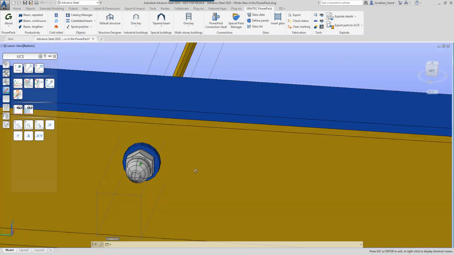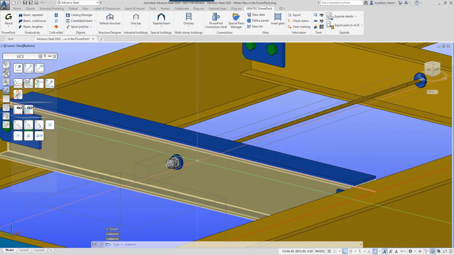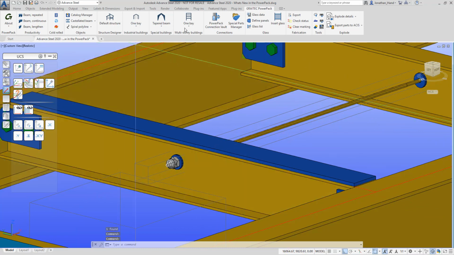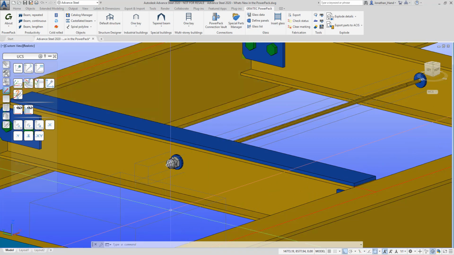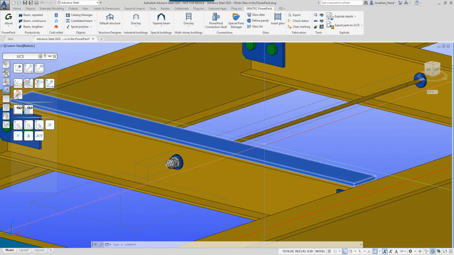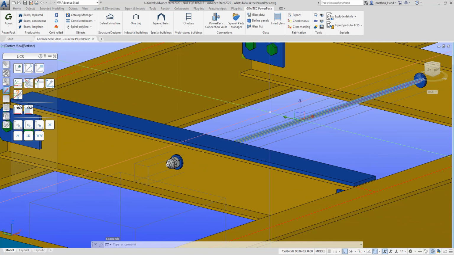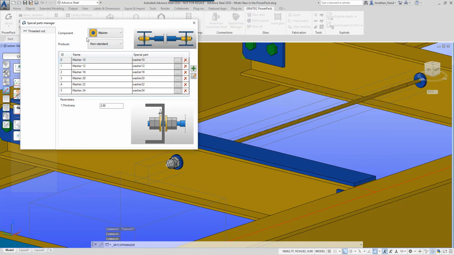And it seems to be a very quick and easy way to manage the special parts that will be available in the PowerPack connections. It doesn't seem to manage obviously the standard special parts, but it's obviously linked into the macros, so it's quite cool, easy to use. Just basically launch it, add your parts to the macro, and then they will be available in the